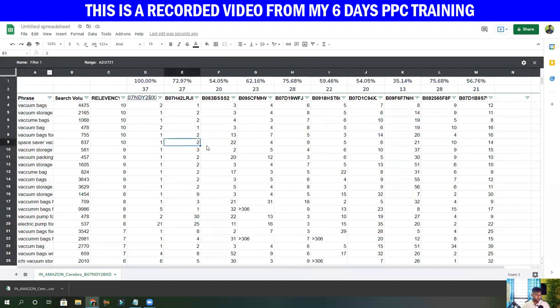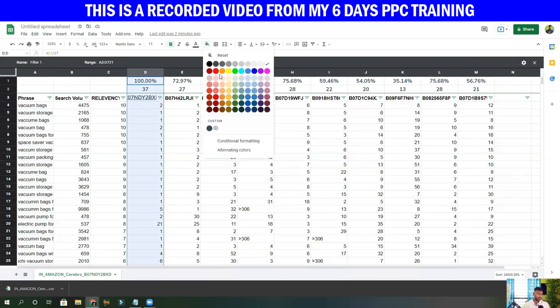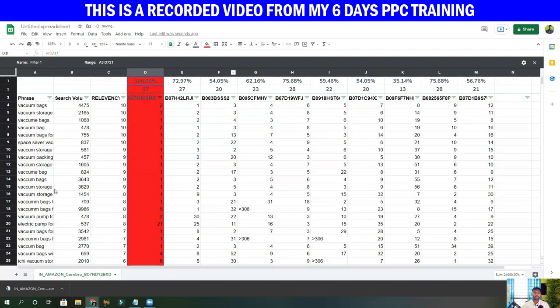Now what are we going to do? For harvesting purposes, since this ASIN is ranked for 100% of the search terms which are relevant, and this is ranked for 27%, we will mark this in some colors. Okay, so this is 100%, ranked for all the 37 search terms. So this is obviously a very good product, and it is ranked very well. So it will be hard for us to compete against this, because it has managed to rank for all the search terms. Now this one also will be a little bit hard for us, this one as well.